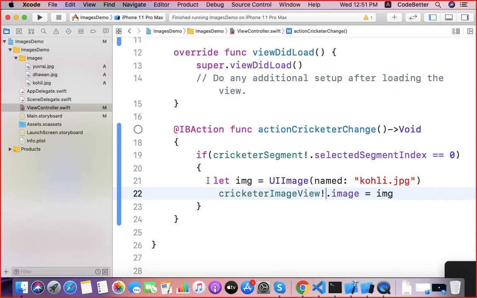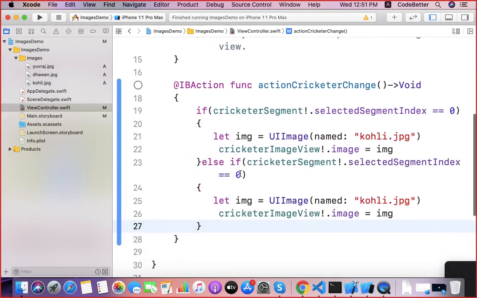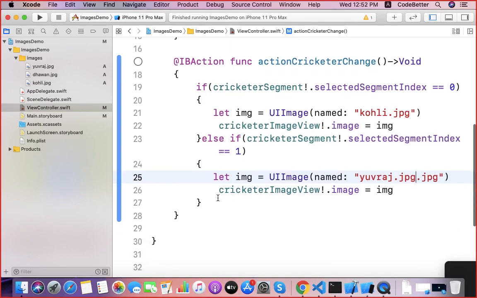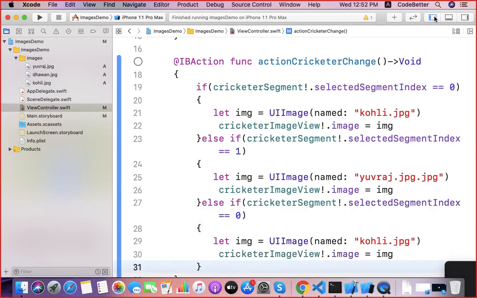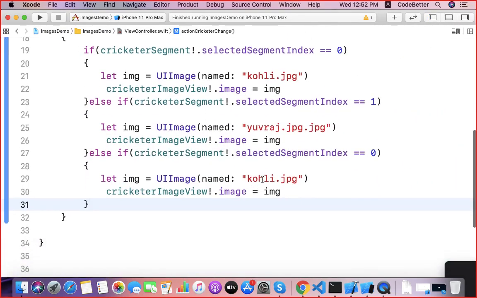Now we can do the same thing for segment index 1, but this time Yuvraj.jpg, and the same thing if the selected index is 2, for Dhawan.